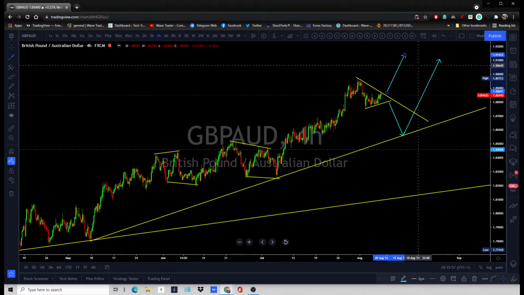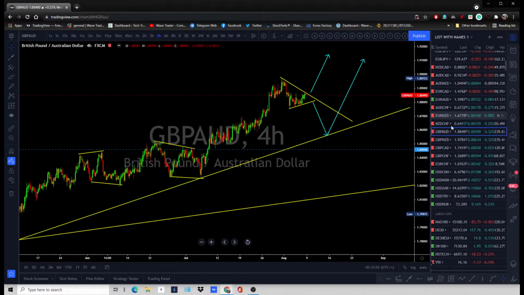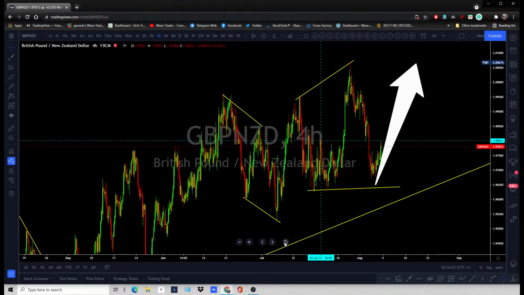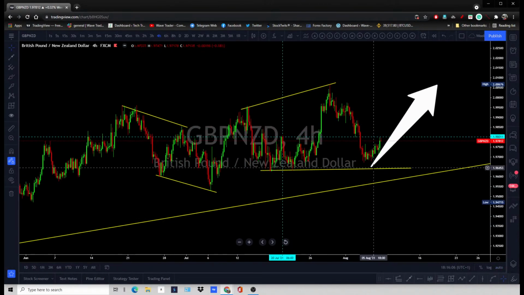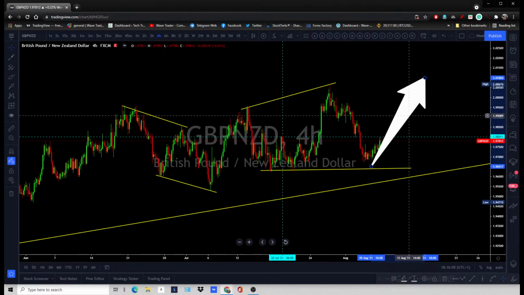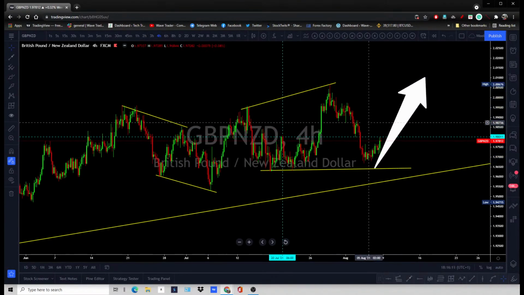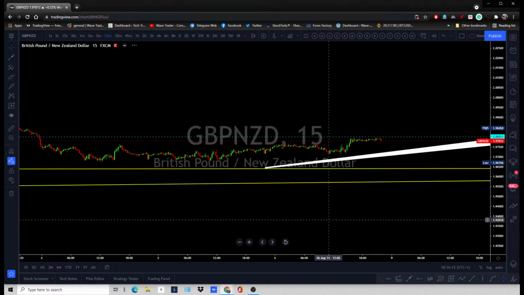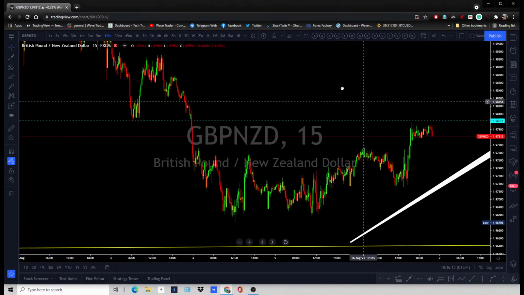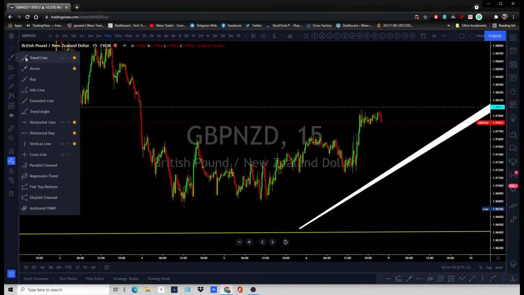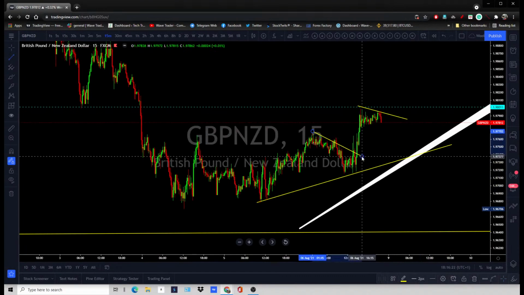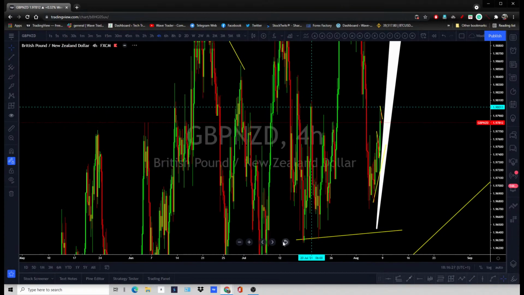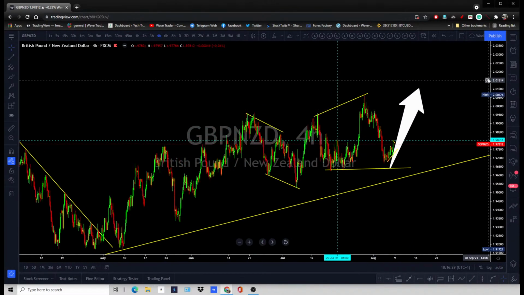That's the structure, by the way. Same goes with the Euro New Zealand dollar. Hold that expanding triangle formation and go back up. Price is already pushing higher. In case it tags that low, then you can chase the lower time frame, which I wouldn't suggest chasing on the 15-minute time frame. Just simply follow the 4-hour time frame rather than these 15-minute formations. Watch that 4-hour time frame for the next leg higher.